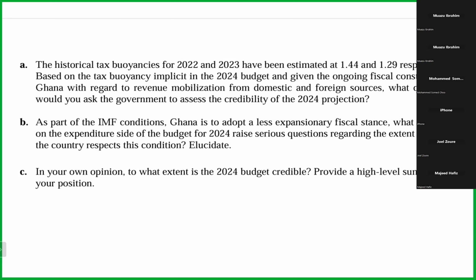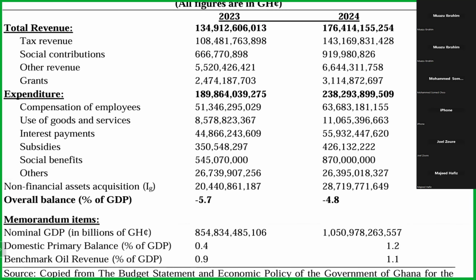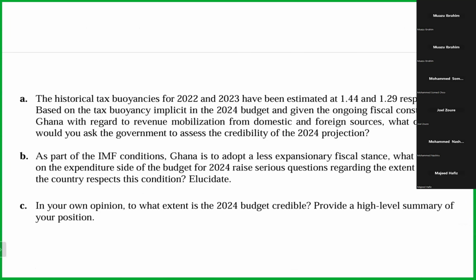Okay. And what would be a more expansionary fiscal stance? By being more expansionary fiscal stance means what? Spending more than before. So government's stance at the moment, 51 to 63, is it more or less? It's more. It's more expansionary. The second one, more expansionary. Third one, more expansionary. So for all the major expenditure lines, government is rather more expansionary than less expansionary. Okay. Are we together? Yes, thank you. So government by far is not really respecting the IMF,